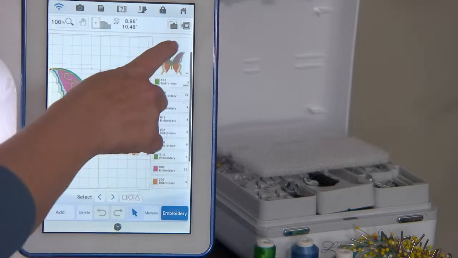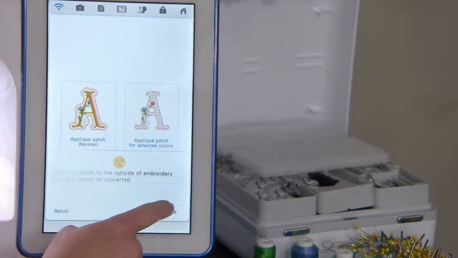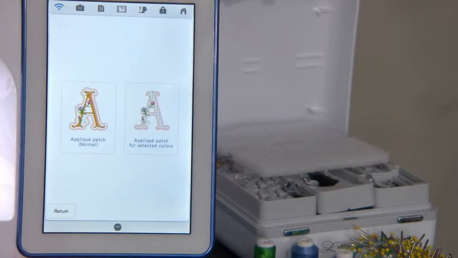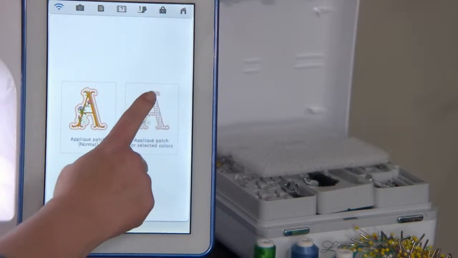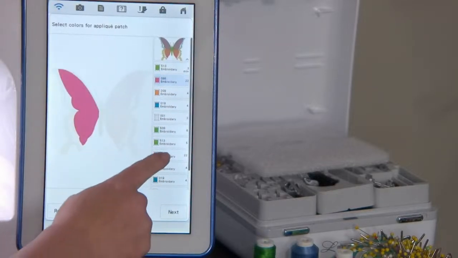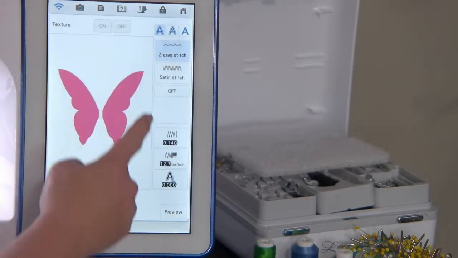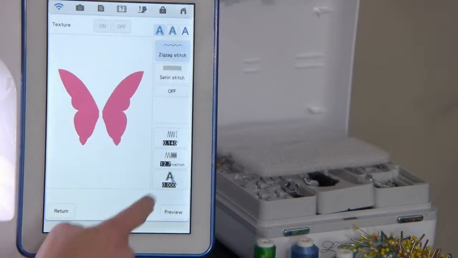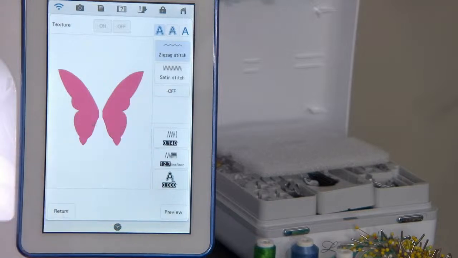The way you do it is you go into edit, and usually when you touch your applique key, this is the only key that you see, okay? Applique patch, and that goes around your area. When My Connection is enabled, this key right here is enabled. So you can simply touch that, select the colors that you want it to create the patch from. So let's say I want those two colors to have a patch. Then I touch next. I can choose what kind of a stitch I want. That is a very light zigzag. This is your regular satin, and this turns the stitch off. I would do a very light zigzag.